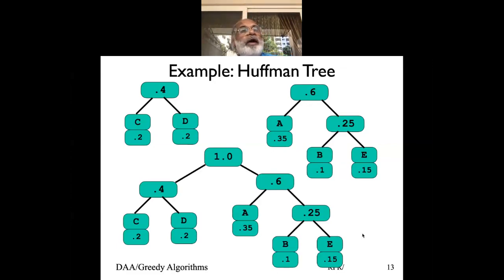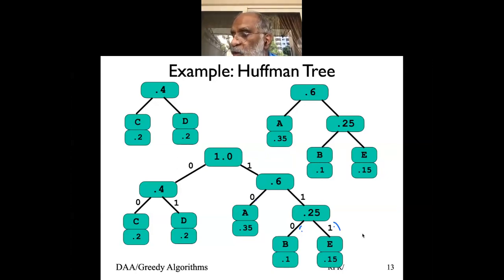Now, my objective was to assign my encoding. So I'll assign 0 to the left side, and I'll assign 1 to the right side. This is what we'll basically do. So 0 to the left, 1 to the right. This is 0, this is 1, then this is 0, and this is 1. So now I traverse the tree from the root and read the labels of the edges, and that becomes my